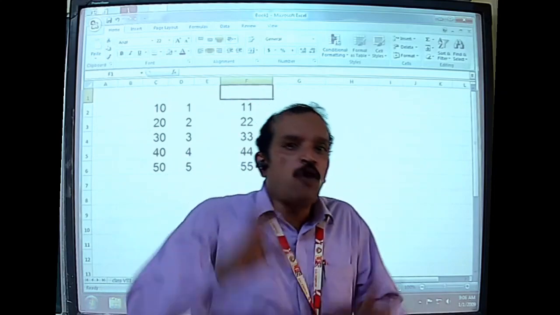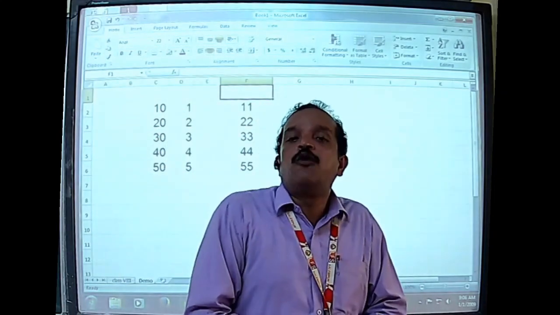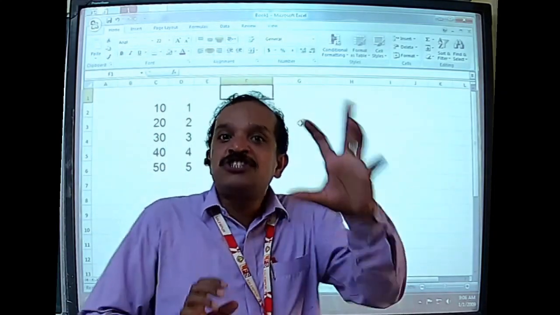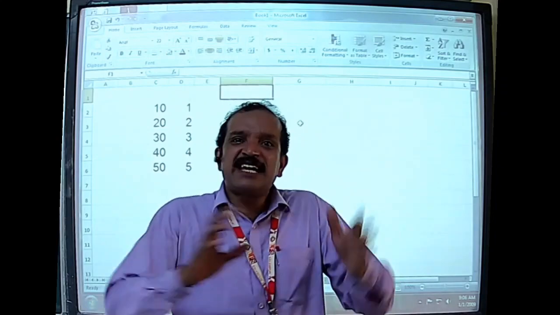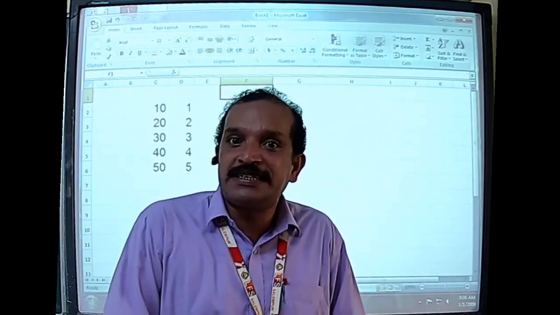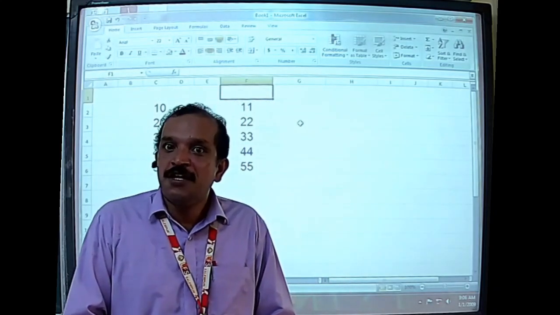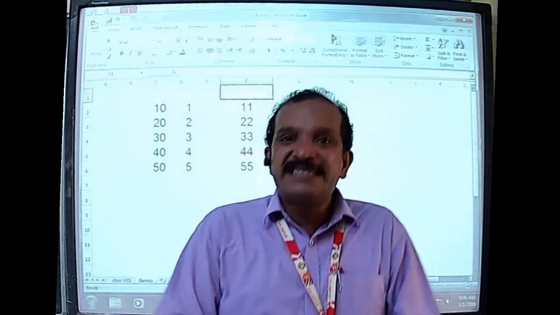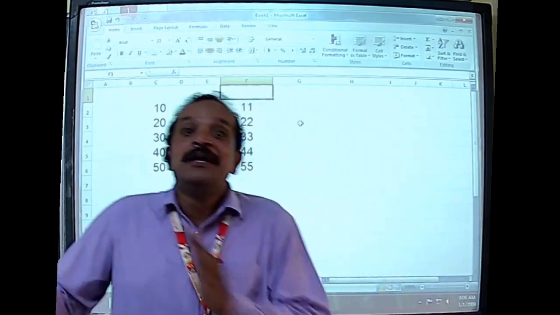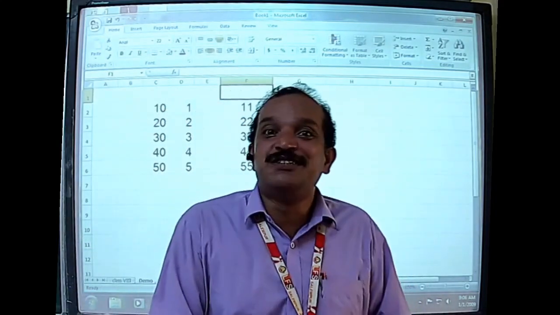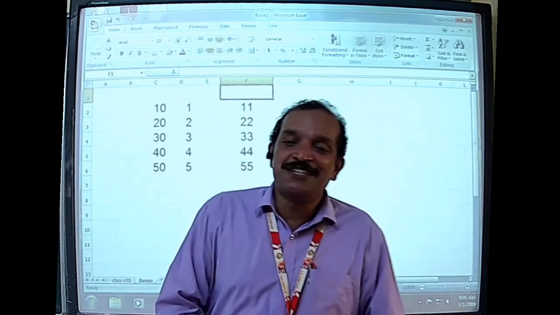We want the address, the value of a certain cell, as a constant which should be used exactly as it is even in the other cells. Whereas a mixed cell reference is a combination of relative as well as absolute cell references. So that is the main difference.